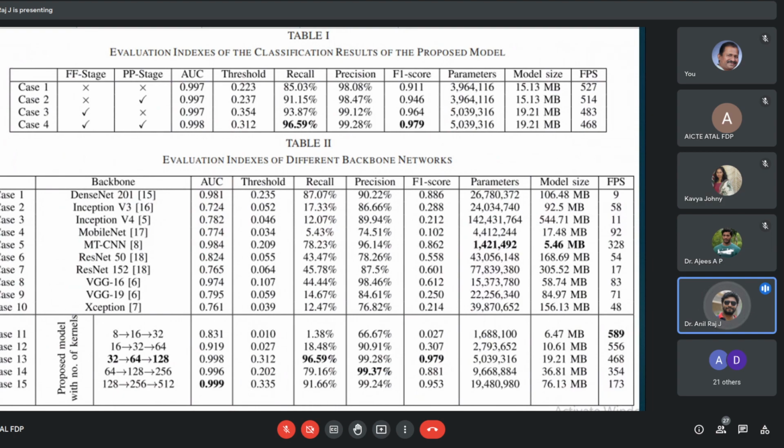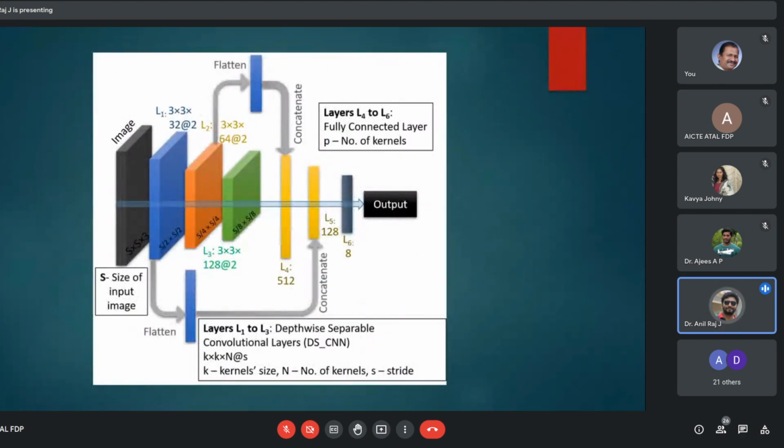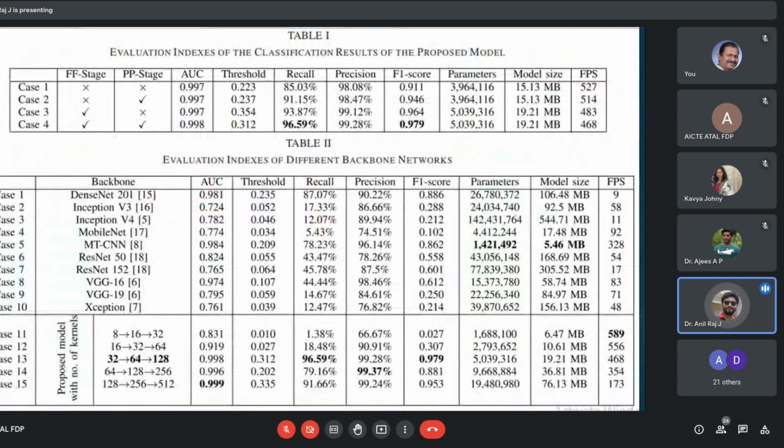Then we have to change the filter patterns among them and calculate all these values: recall, precision, F1 score, that is the accuracy values, and the performance parameters. From all this research, we found that the pattern of 32, 64, and 128 has the highest accuracy and the highest performance speed. So the main conclusion from this type of research is that, in order to capture maximum features, the important or the most